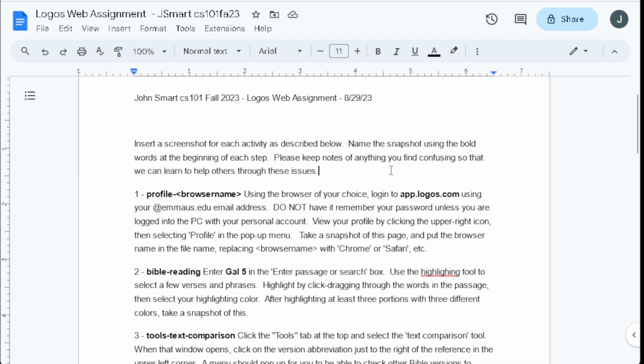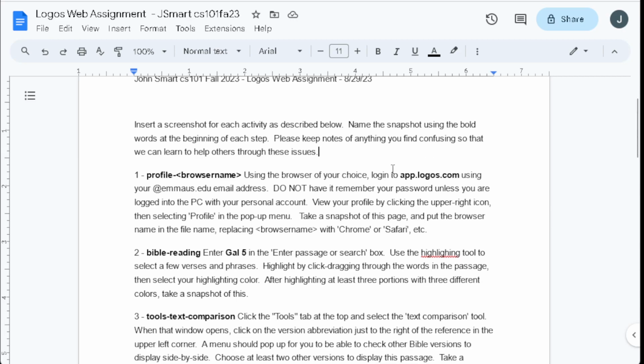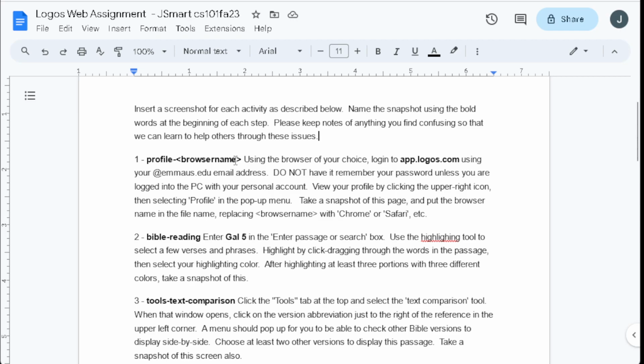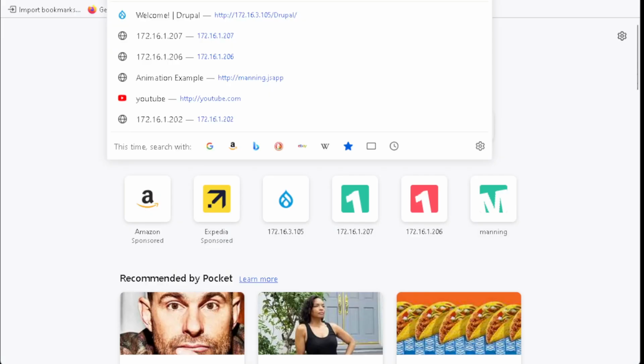When we get our first screenshot, we'll go through the steps of getting a screenshot. Okay, so what do I need to do? I need to get to my browser and log into app.logos.com. Now, it's a different account. It's not connected to my Emmaus email. I could use a whole different browser, or I could just start a new tab in this browser. And I'm going to go to